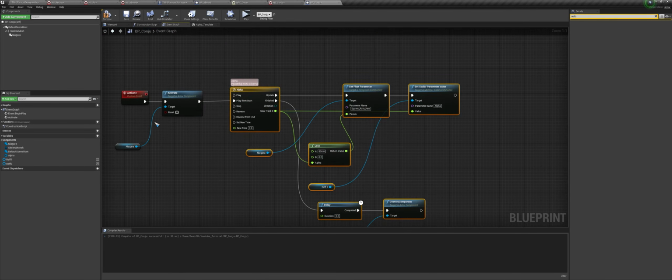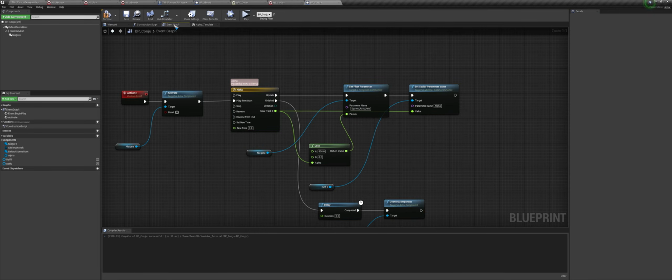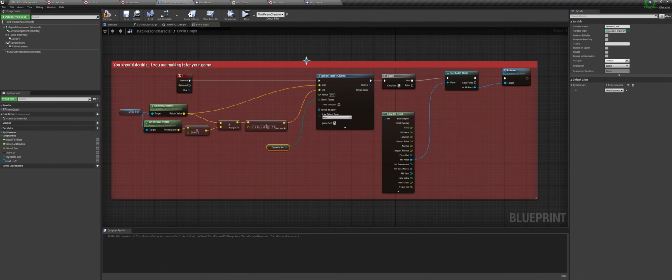And in order to activate this, we can go to the third person character. So ideally, to communicate with the conjuration blueprint, you need to create something like this. So if you press a button, you need to cast a sphere trace. So here the start location will be the arrow location and the end location will be 500 units in front of the forward location from the arrow location.